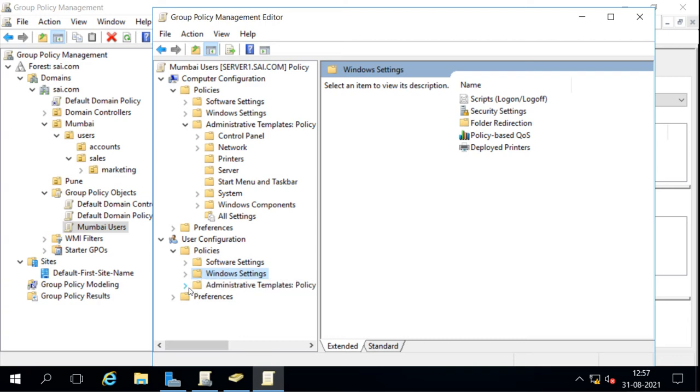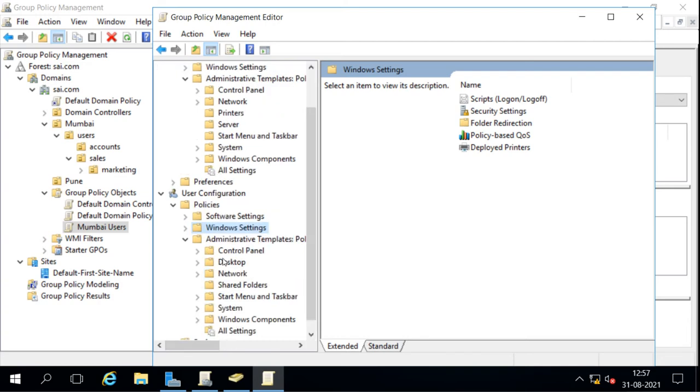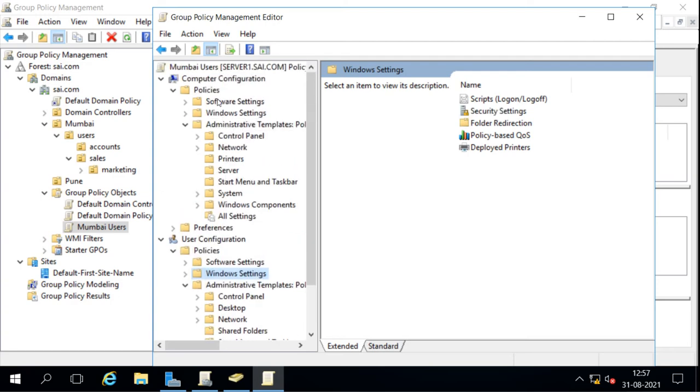And administrative templates we have for user configuration. We have control panel settings also here. Now this will remain for that particular user. That means if the user who has this policy logs in, it will work like this, and if another user logs in, then it will not work like that. So it will only apply for that user. Whenever that user logs in, it will apply. When that user is not logged in, if someone else is logging in, then it is not applying. But when we configure the policy for the computer, then anyone who logs in, it is going to be applied.